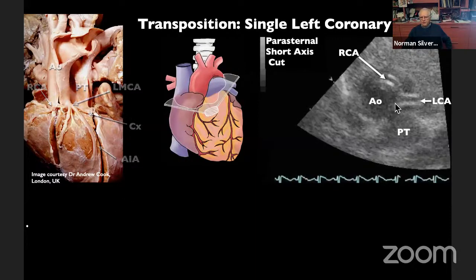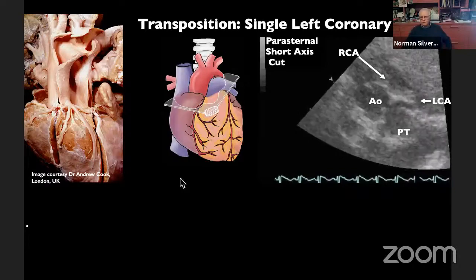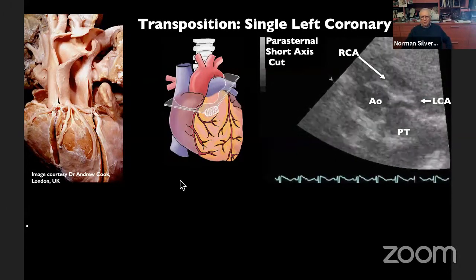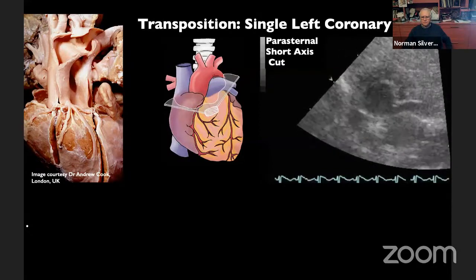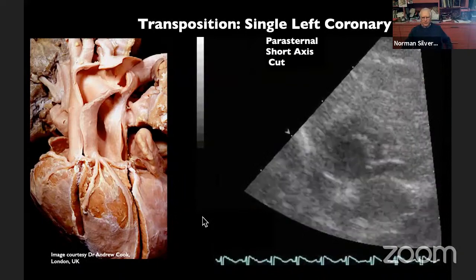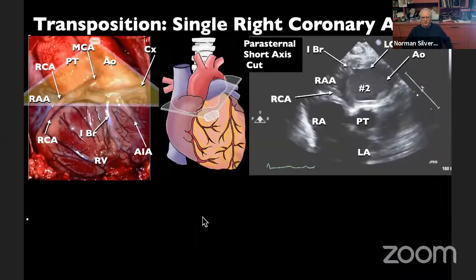And here you can see an echocardiogram, which I've frozen in still frame so that you can recognize the right coronary artery and the left coronary artery arising from a common orifice. The left coronary and the right coronary arising from a common orifice. Sorry, there was a bit of a tachycardia here. Not easy to do, but really I think that can be done.